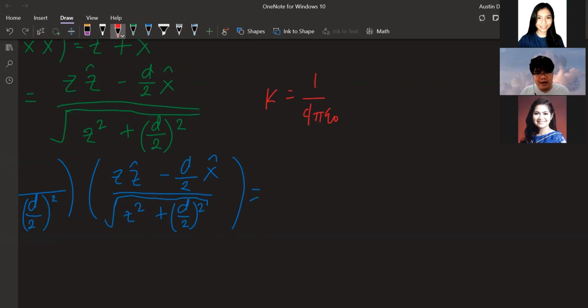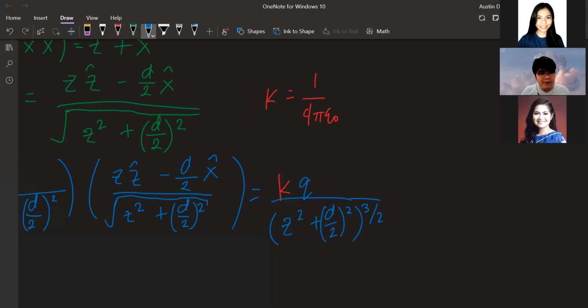Dahil nakakapagod siya. Okay, so K, Q. And then, yung denominator mo will be z squared plus d over 2 squared,